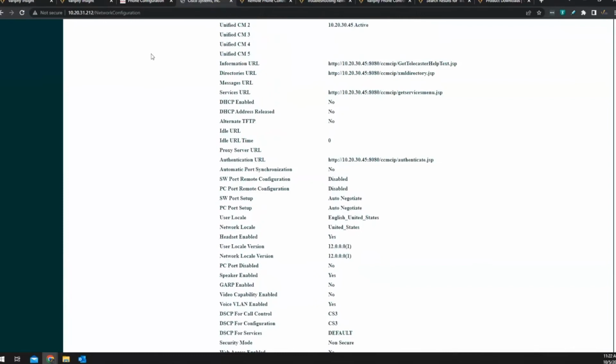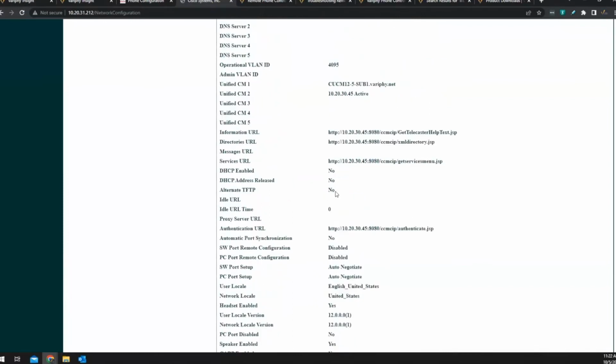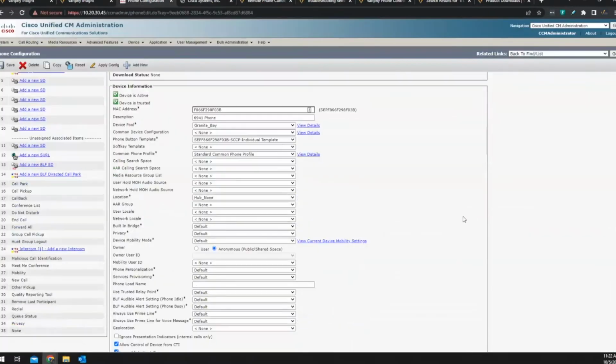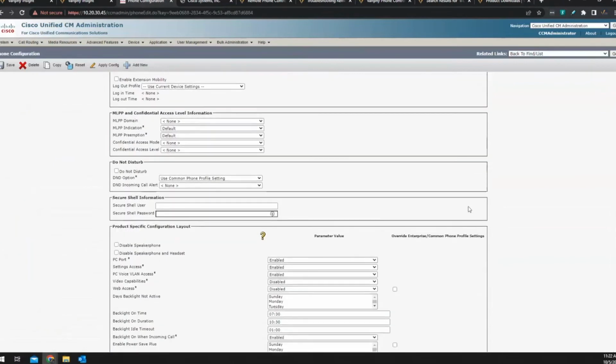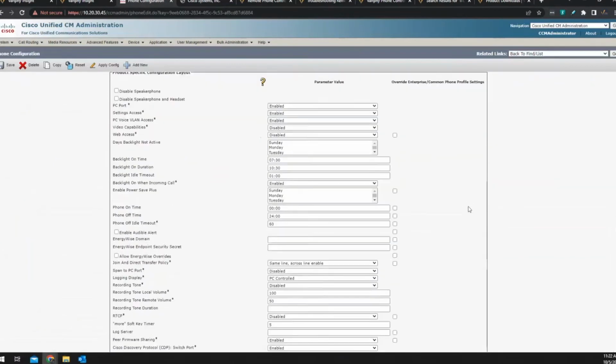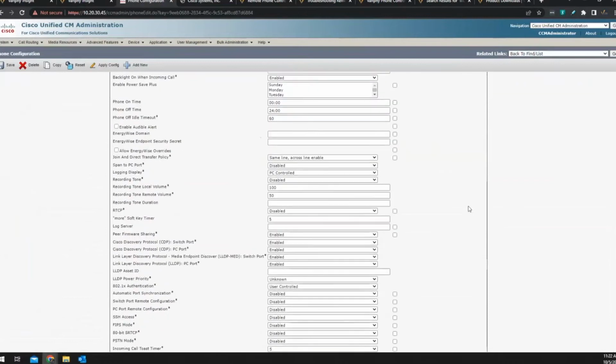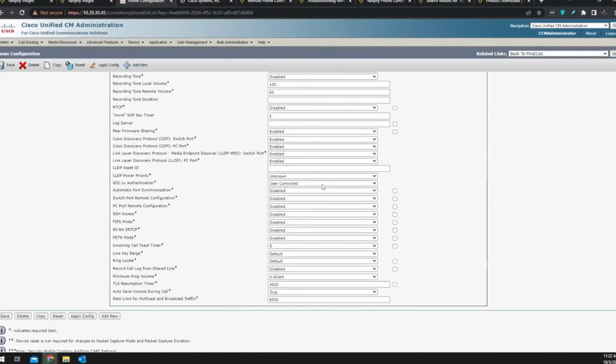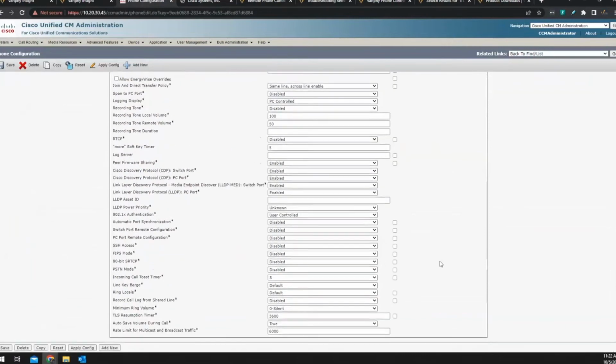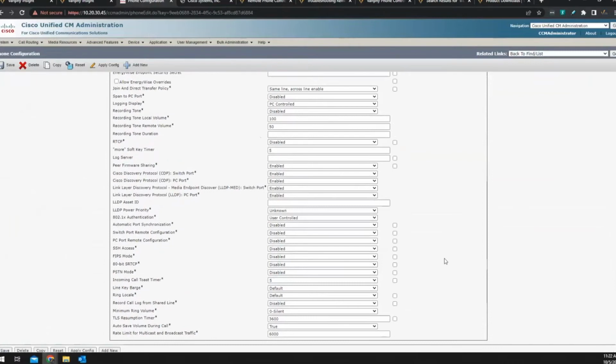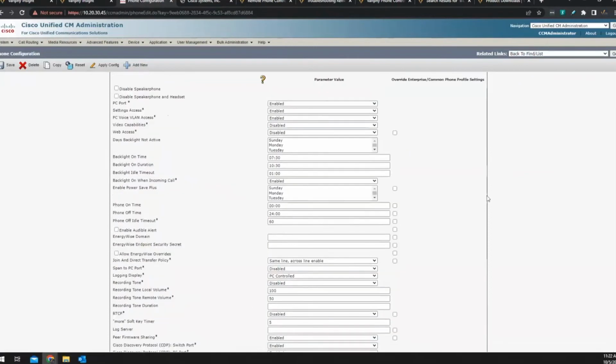It's usually not a big cause for alarm. But if it says no and it's definitely not working, then you definitely need to turn that on. And one other thing we need to look for in here sometimes: it's not on all the phones, but some of them have a setting for HTTP or HTTPS enabled. It'll usually be down here in this section somewhere, and I don't see it here. Some of the phones control it automatically, some don't, and you may have to turn that on. Or it may have the toggle turned on, but the checkbox is not checked, so it's not actually enabled.